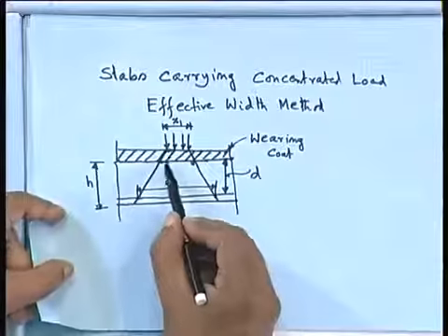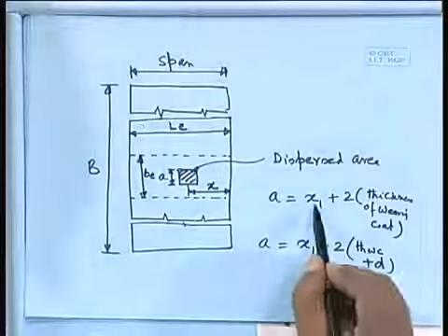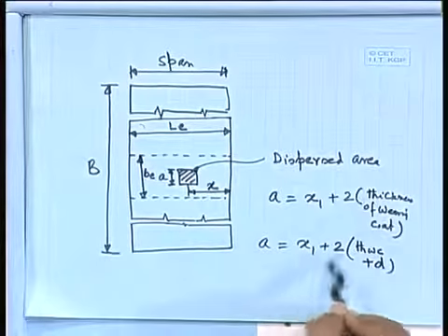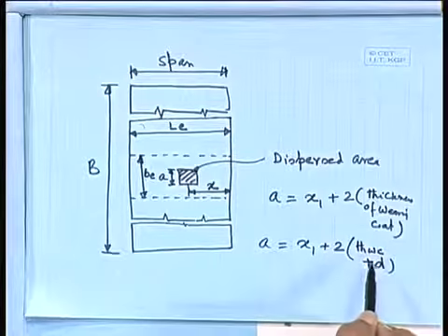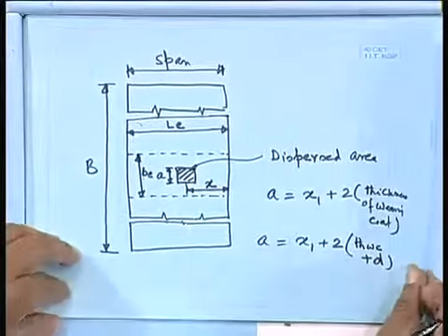It could be up to this, or it can go up to the effective depth. So we can write x1 plus twice the thickness of wearing coat, or x1 plus twice the thickness of wearing coat plus D. So that we can find out, and our code says